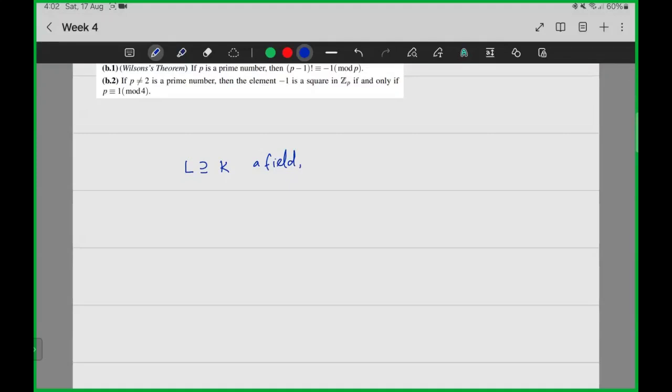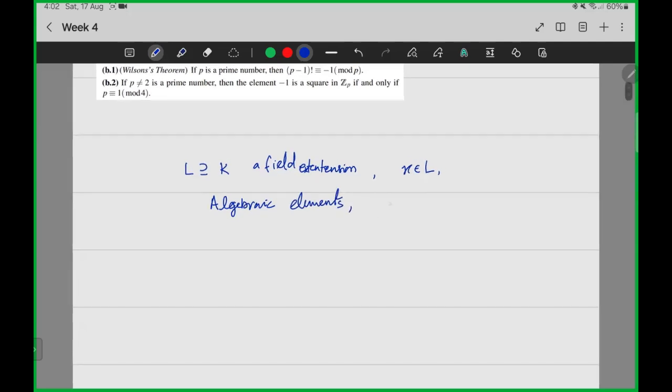Okay, for a given field extension L over K, and x an element of L, when do we say x is algebraic over K? Okay, so that is the notion of algebraic elements. And then if x is algebraic, I think we have already discussed in the last TA sessions, but when x is algebraic,